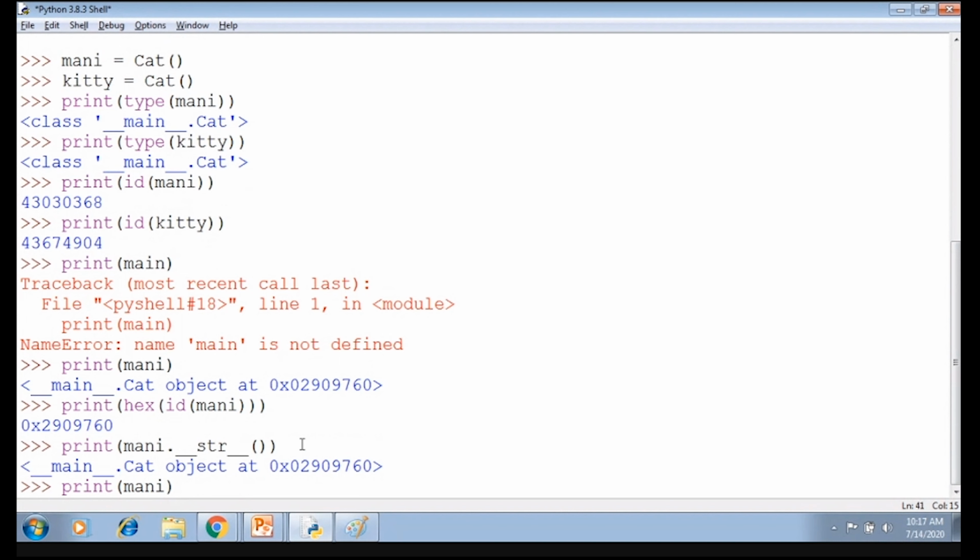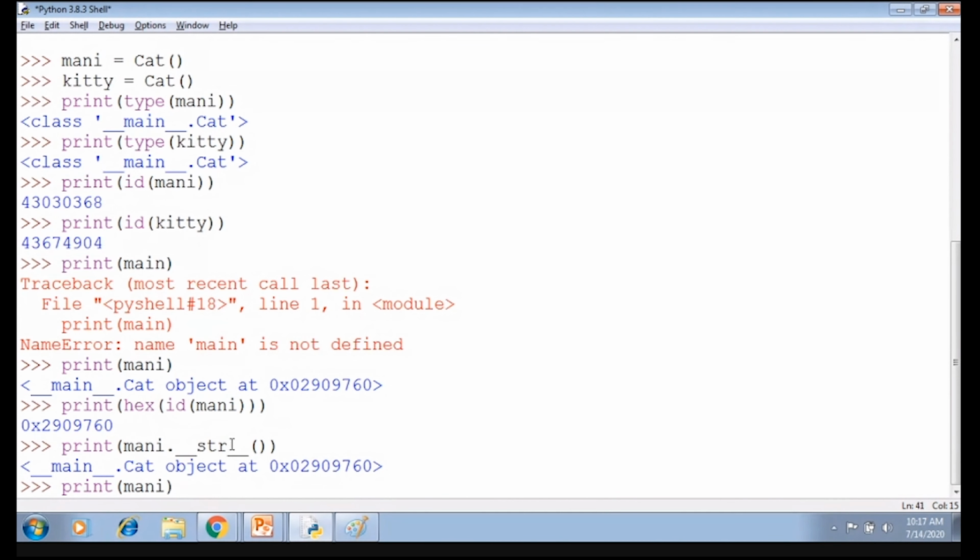Getting? Okay. So this method is already present. Yes, we are going to take a separate topic, that is overriding underscore str underscore, repr,